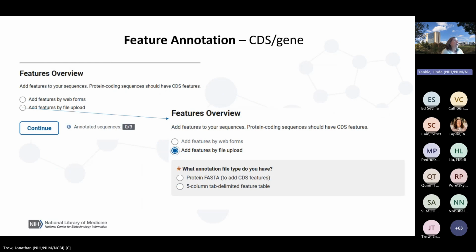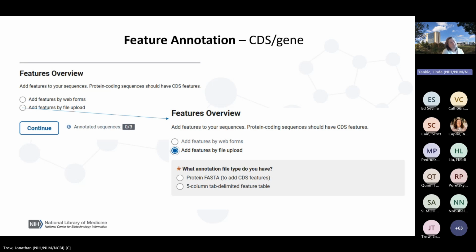The annotation tab follows a similar philosophy of flexibility. If you already have a 5-column feature table prepared, for example, the output from VADR, you can upload that file directly. You may also upload protein FASTA sequences to annotate coding regions automatically. For viruses that are highly annotated, such as Mpox, we strongly recommend uploading a 5-column feature table to preserve complex